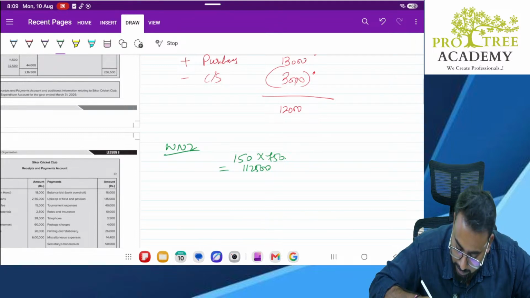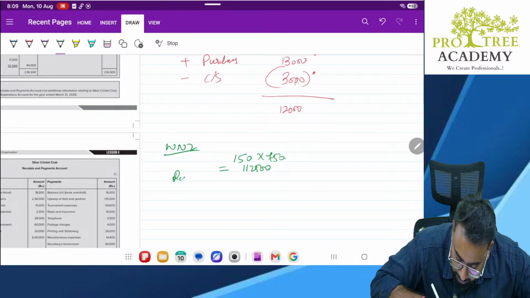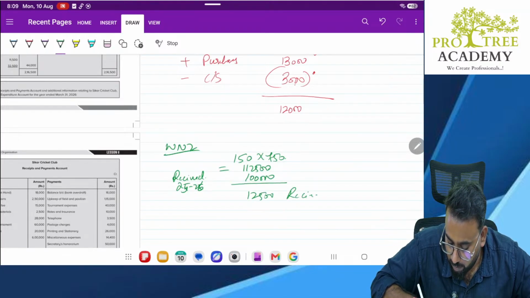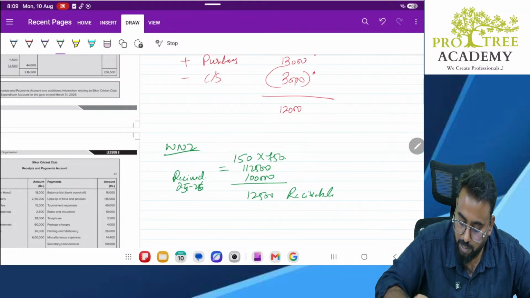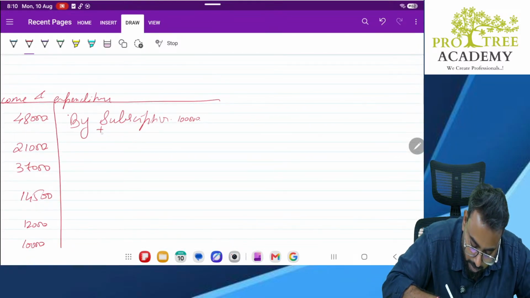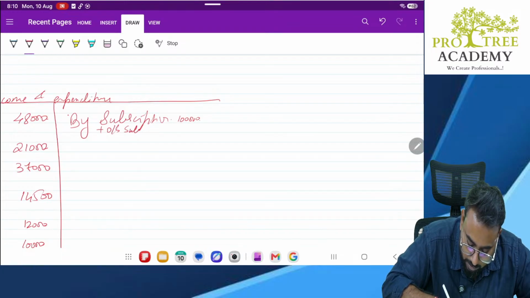Correct? Correct, sir. How much have you actually received with respect to 25-26? I have received 1 lakh. That means another 12,500 is receivable. So that also needs to be added. Add outstanding subscription